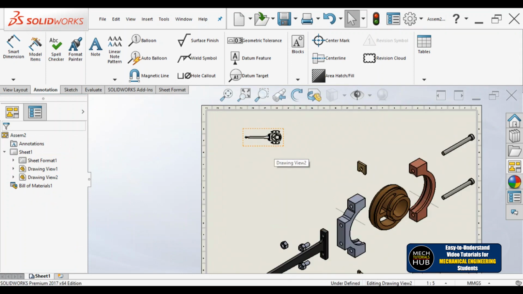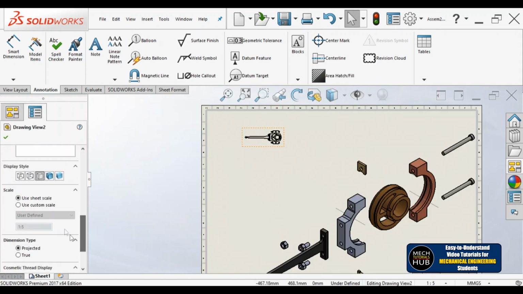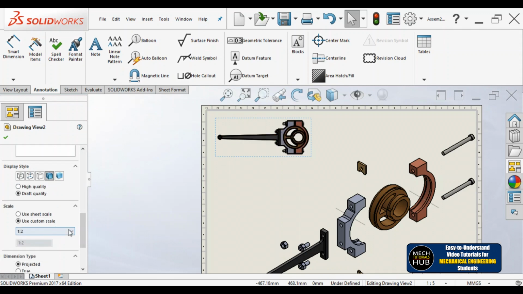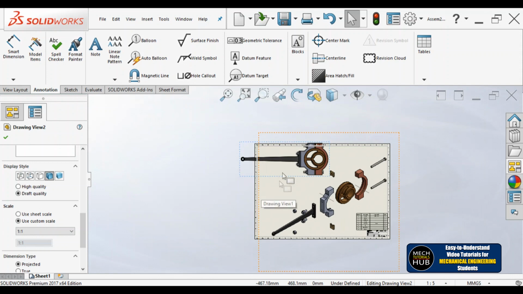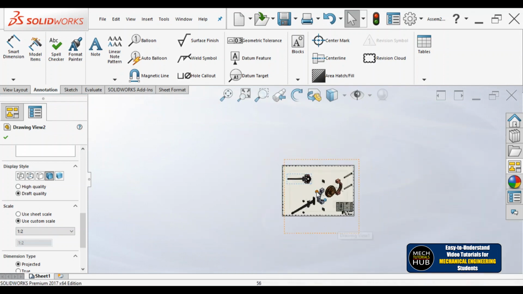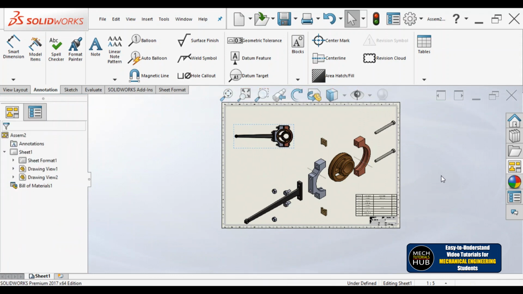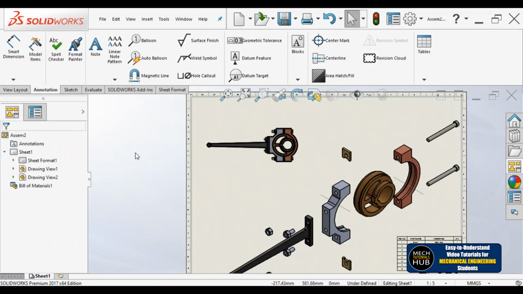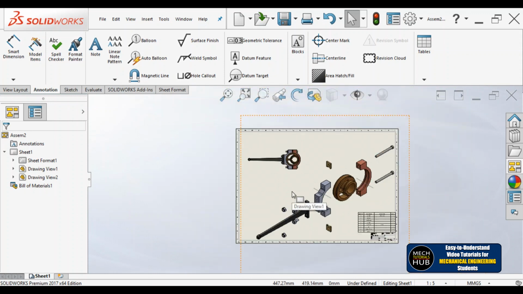Let me increase the size of this part, go down slowly, increase the scale to 1:2 and keep the component in solid. Further it can also be increased, it seems, but it is going out. Let me keep it at 1:2 only. Alright, this is how the assembly and disassembly of an eccentric looks. Now if you want, you can take a print and keep it for reference for students. That will help them. After assembly, this is how the picture is going to be.